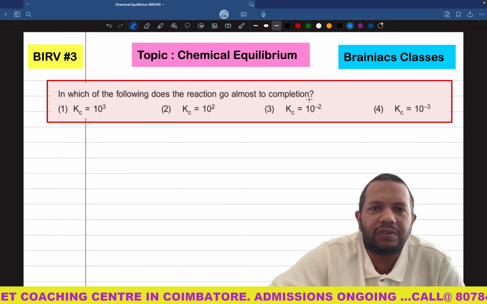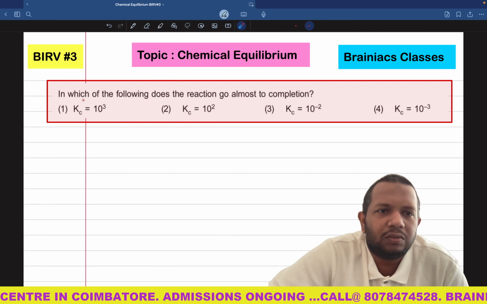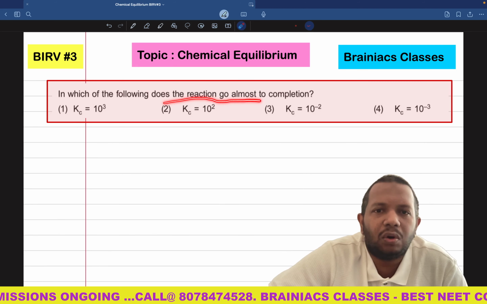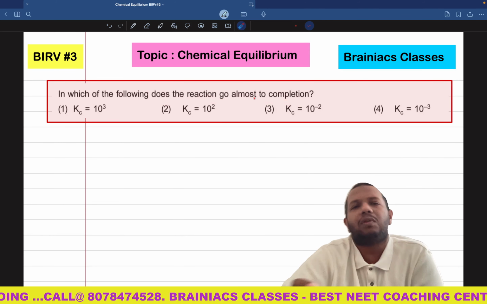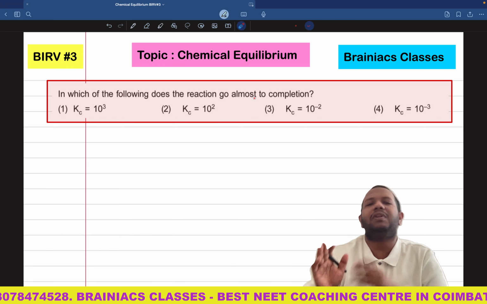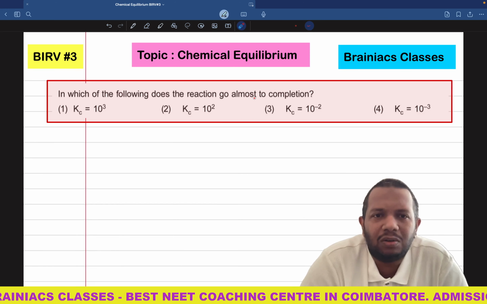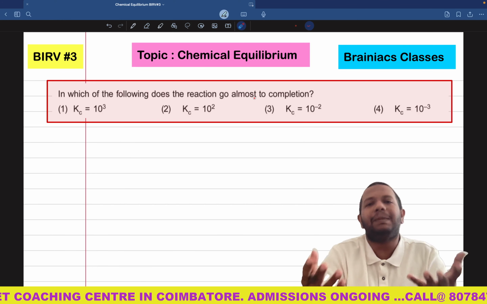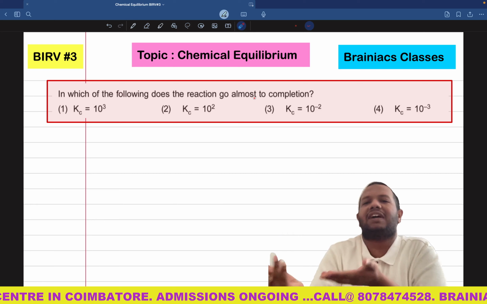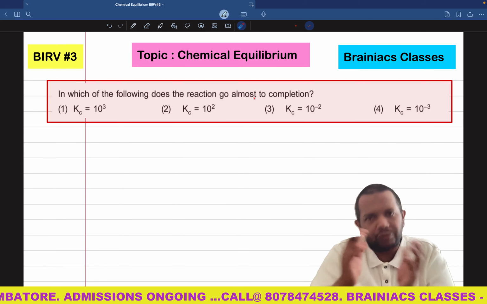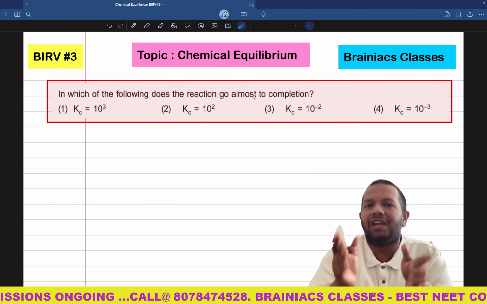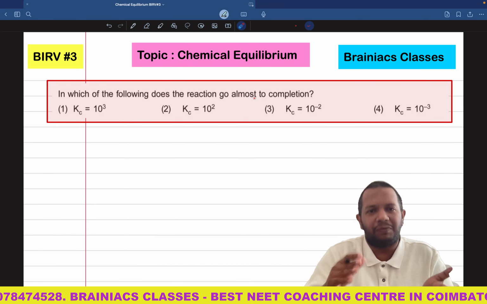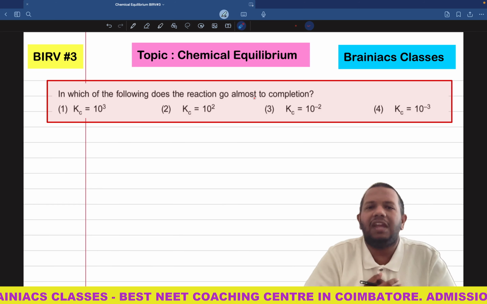So first we will read the question and try to understand it. Very good question. So in which of the following does the reaction go almost to completion? So what is the meaning of this question? They have given you different Kc values and they want to know for which particular Kc value the reactant may be 90% or 99% gets converted to product, or almost goes to completion, but never it will go to completion. Why? Because we have an equilibrium constant. So equilibrium constant is there, means the reaction before completion might have reached what? It might have reached